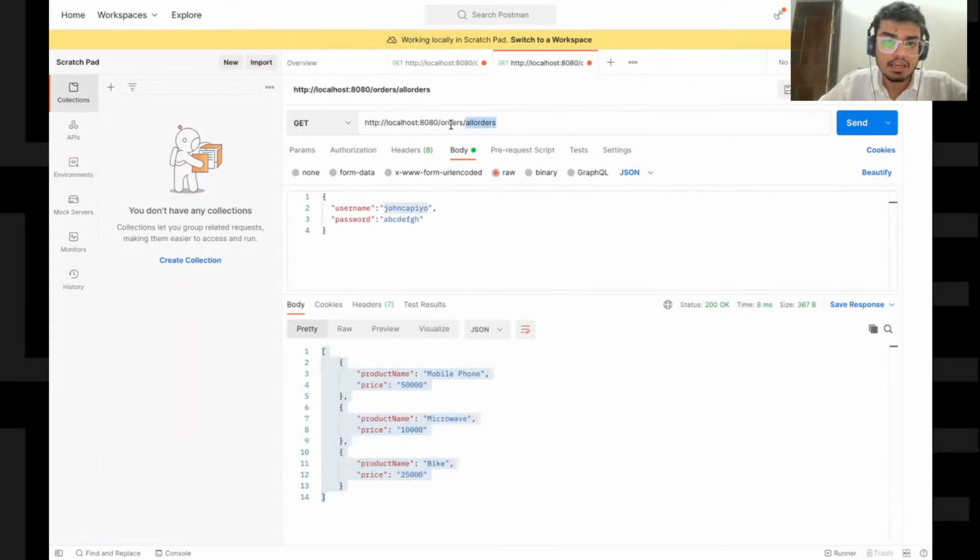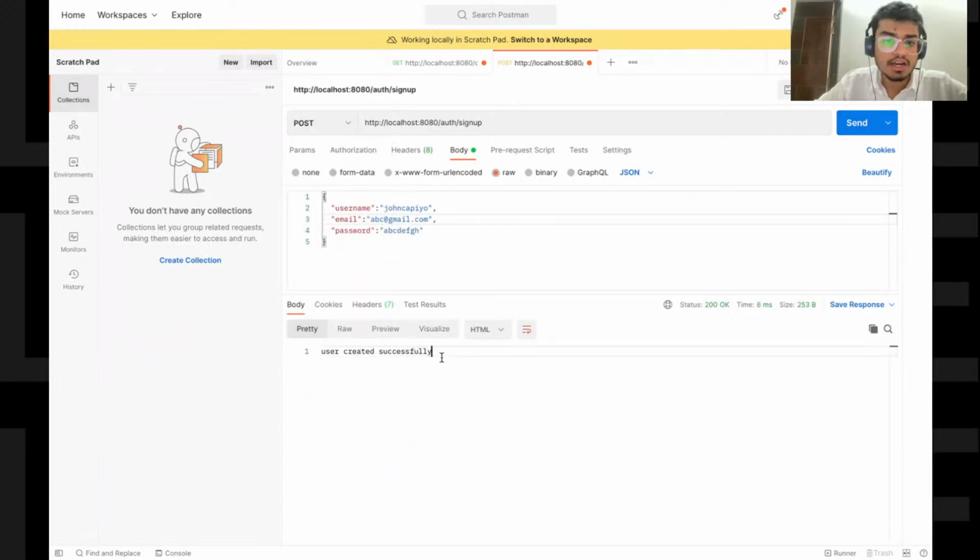Similarly, in auth, if we made a sign up call, in sign up we required username, password, and email also, right? So at gmail.com. If I call this API, and this is a POST API, you see, user created successfully.